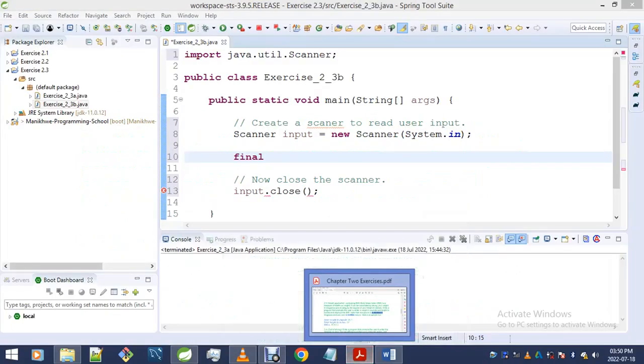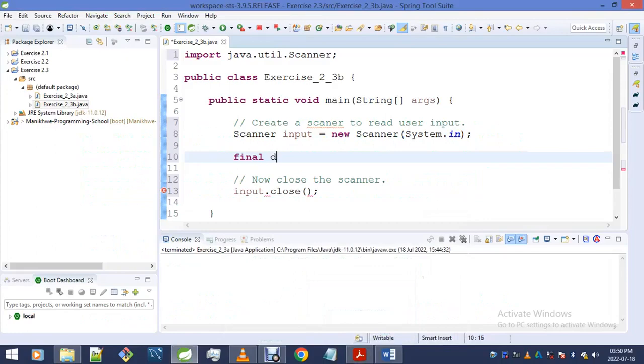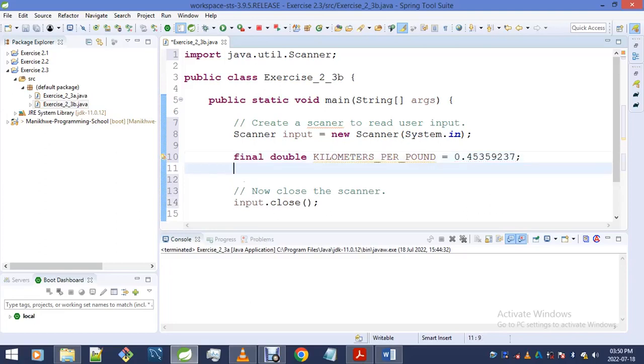Kilometers per pound, I'll call it kilometers per pound. Again, the final keyword simply tells us that this is a constant. It's a number that won't change. And the reason why I'm using capital letters